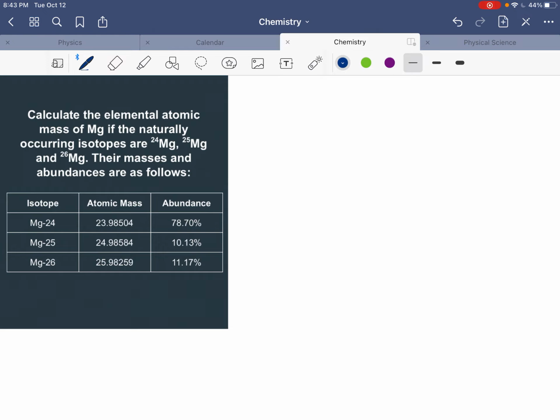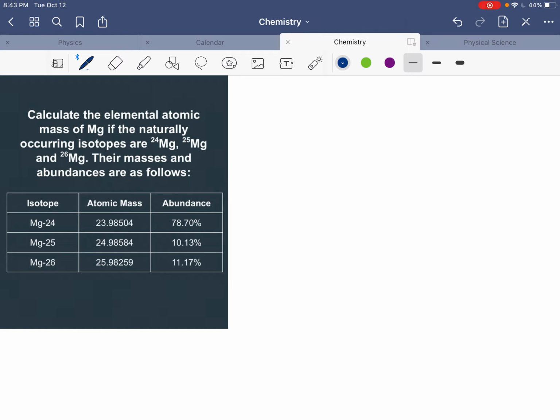Okay, so for this first problem, it says calculate the elemental atomic mass of Mg if the naturally occurring isotopes are 24Mg, 25Mg, and 26Mg. So we have three isotopes. Their masses and abundances are as follows. Okay, so in order to find the average atomic mass, we have to take the mass of each isotope times its corresponding abundance,